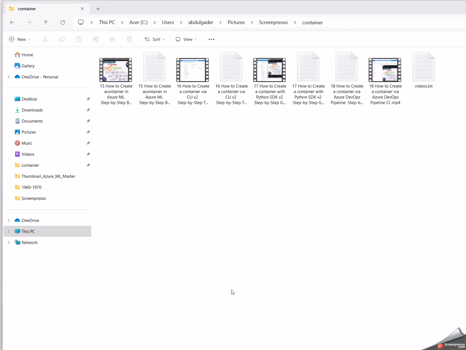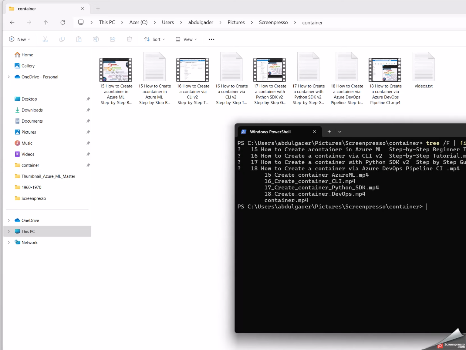Today I will show you how to combine or merge multiple videos into a single video without any other tools or AI. It's just only with FFmpeg. In the previous video, I showed you how to install FFmpeg on your device and use it